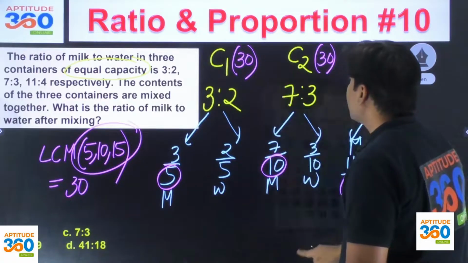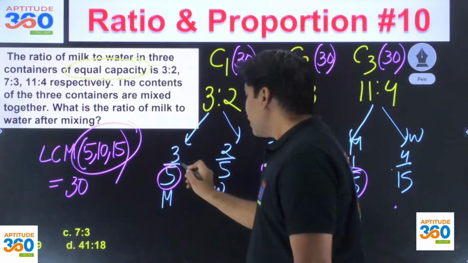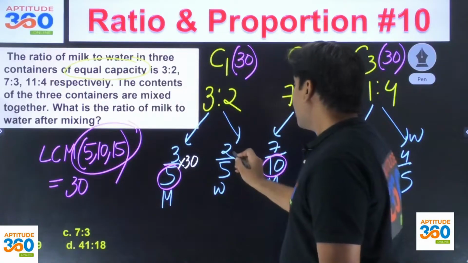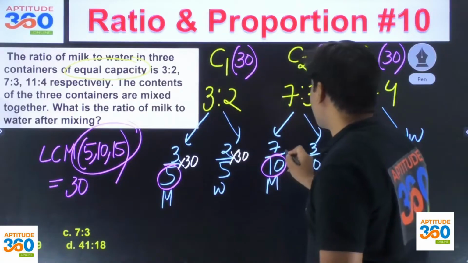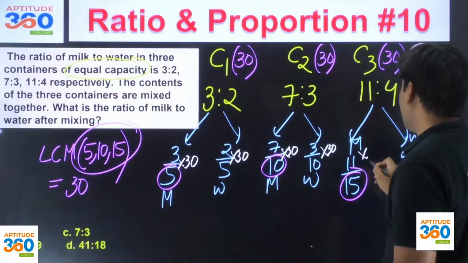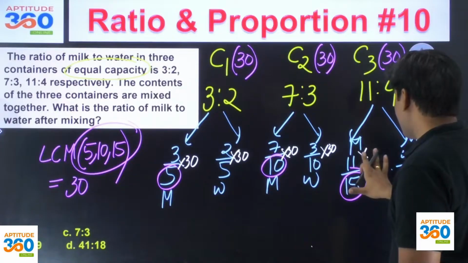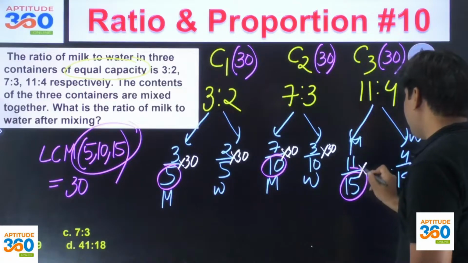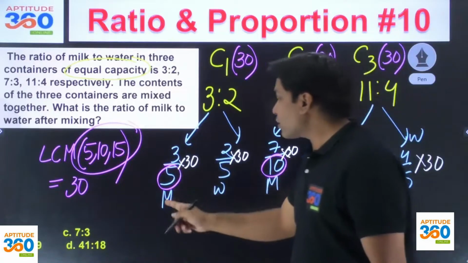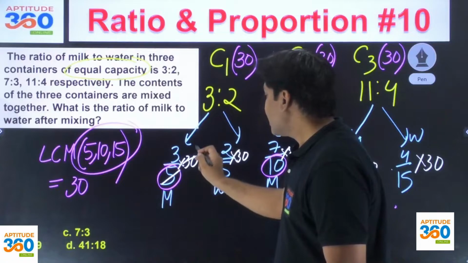अब आप देखना यहाँ पे अगर मैंने ये 30 लिया तो इसको 30 से मल्टीप्लाई करोगे भाई 3/5 of the total and then 2/5 of the total. This is going to be what? Of 30. This is also going to be of 30, and then this one 11/15 of 30. So don't you think that denominator is going to get cancelled? So what is that you're going to have? So this is going to be